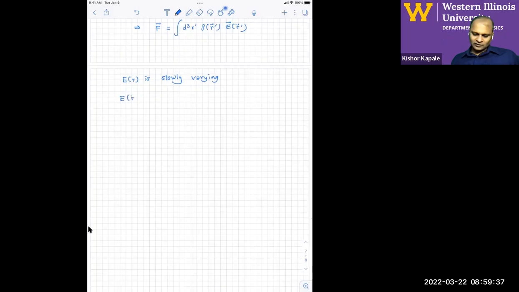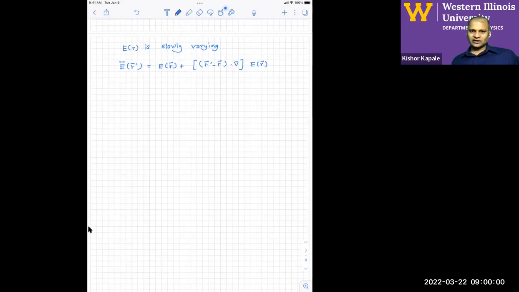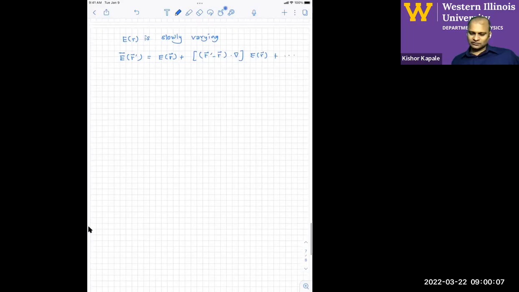So E of r prime is going to be, at some reference point, E of r plus the standard three-dimensional Taylor expansion that we saw in the first chapter. The first derivative term is converted into a gradient dotted with r minus r prime, and so on, right? We're only going to look at the first two terms,